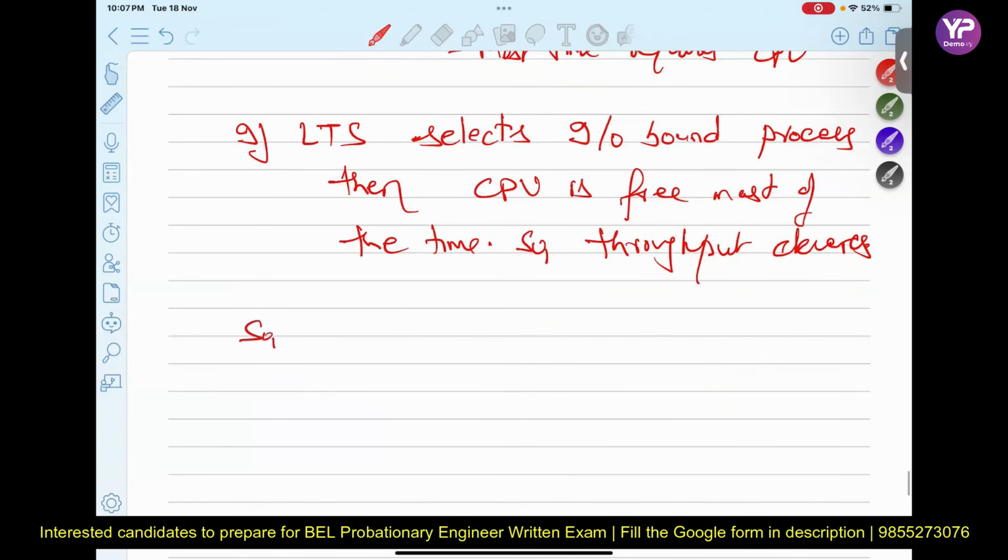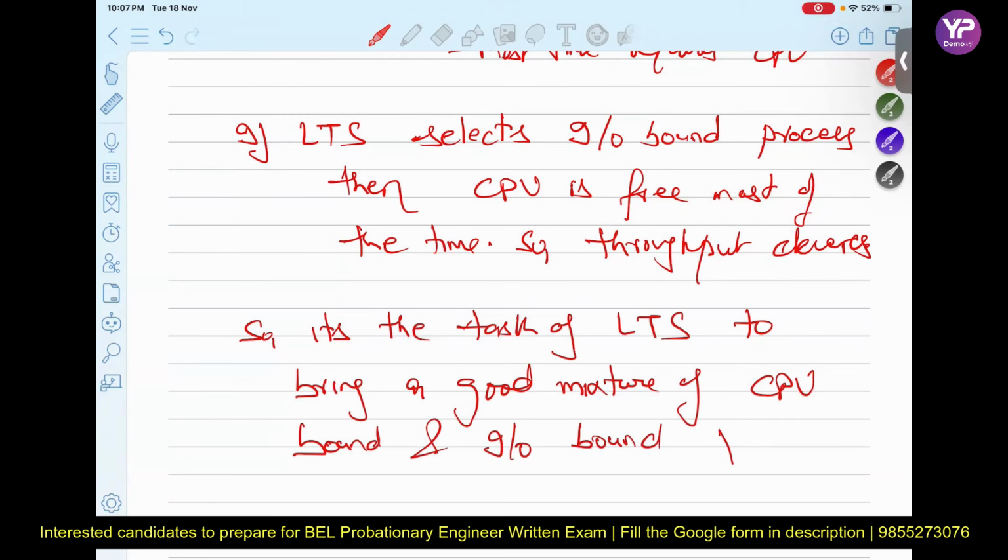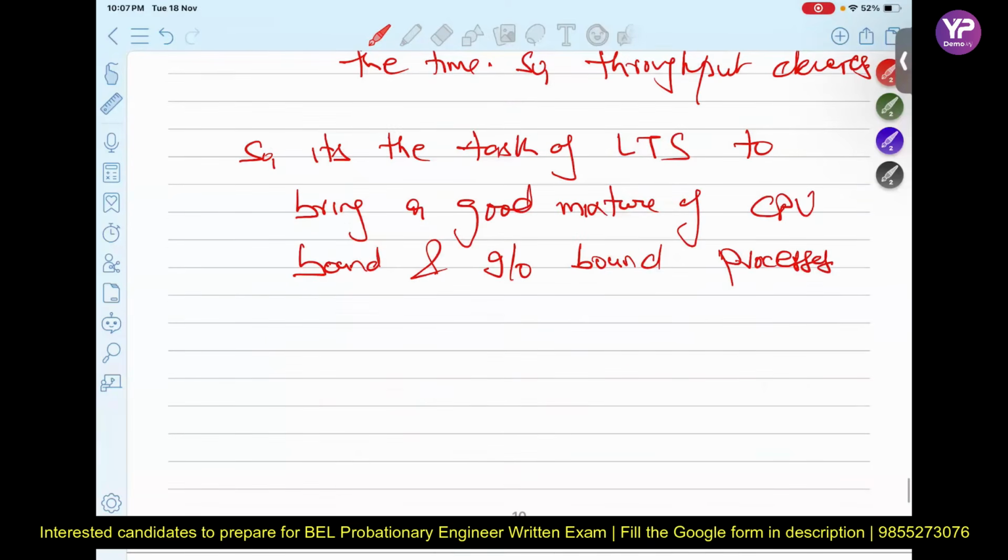Yes, sir. So it's the task of the long-term scheduler to bring a good mixture of CPU bound and IO bound processes. Are you getting my point, my dear students? Yes or no? That's why, my dear students, the most important point is